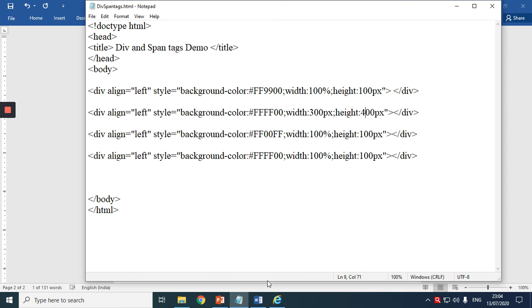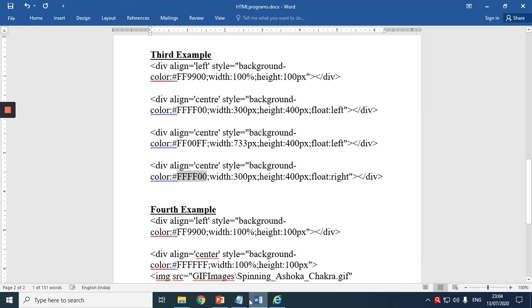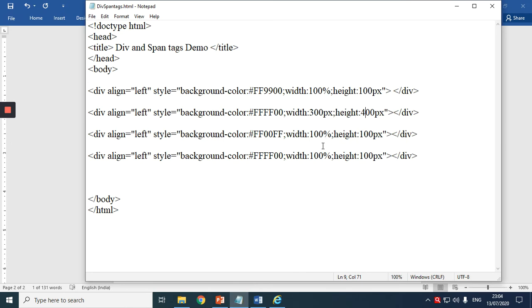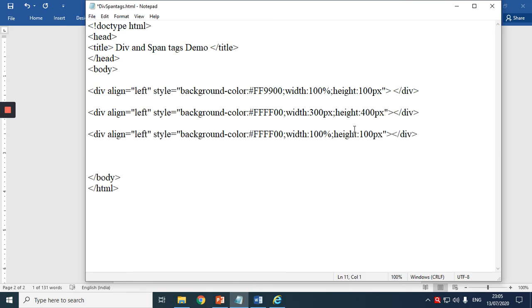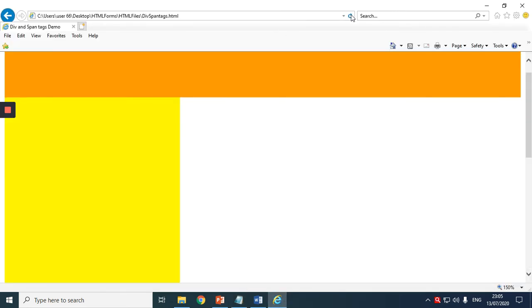Control S. Similarly, I do it. I'll remove this. I want only 3. I'll do height as 300 pixels and width as 400 pixels. So I'm saving and I'll refresh here.